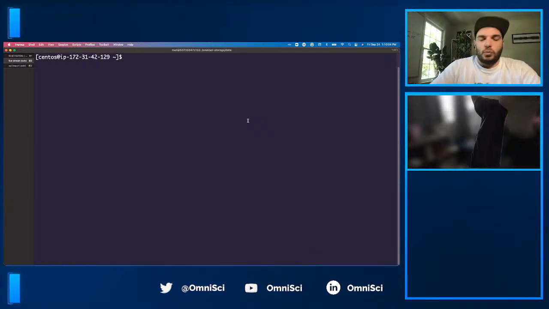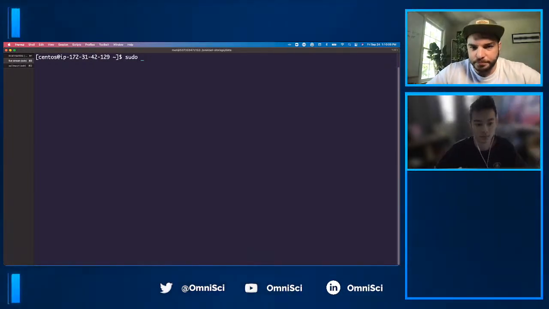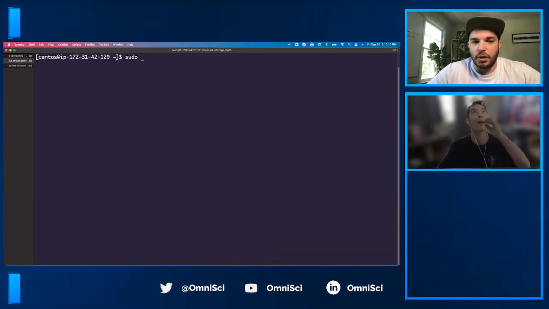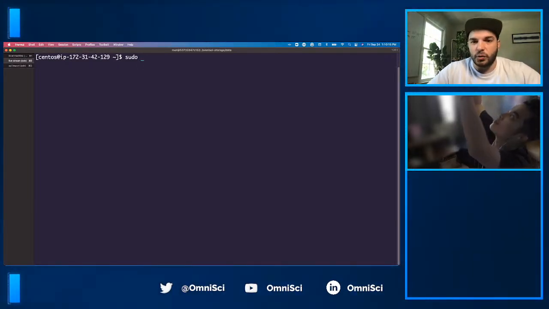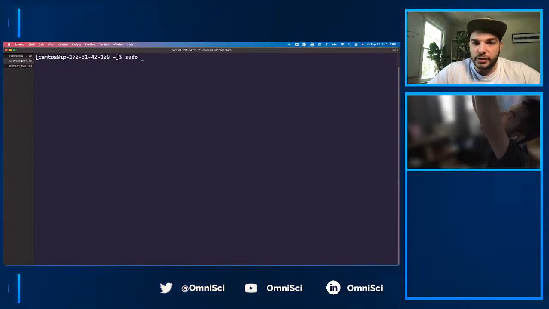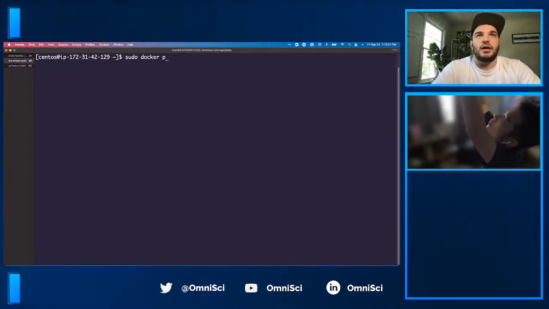And so one of the things we want to do is perhaps load that CSV via SQL. And that's another common way that we may want to load data into OmniSci. So the first thing that I'm going to do here is just look at the